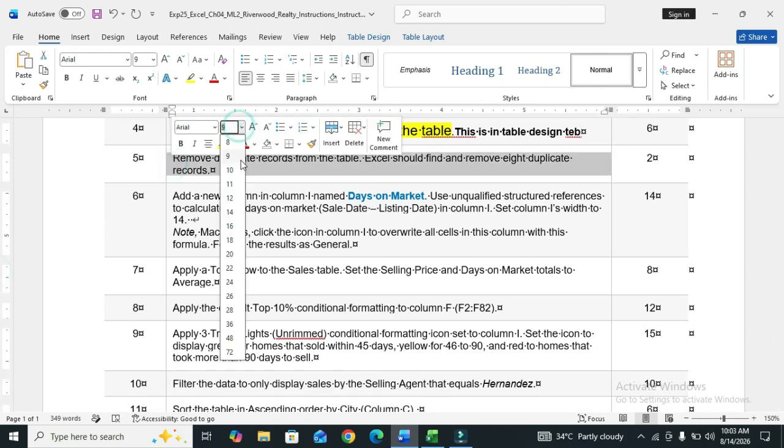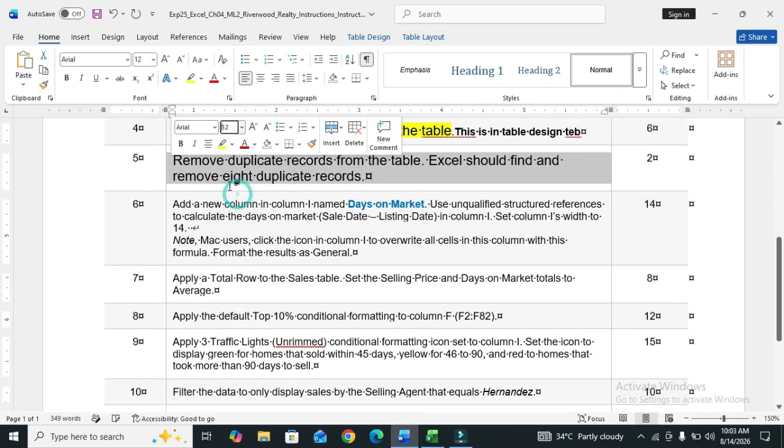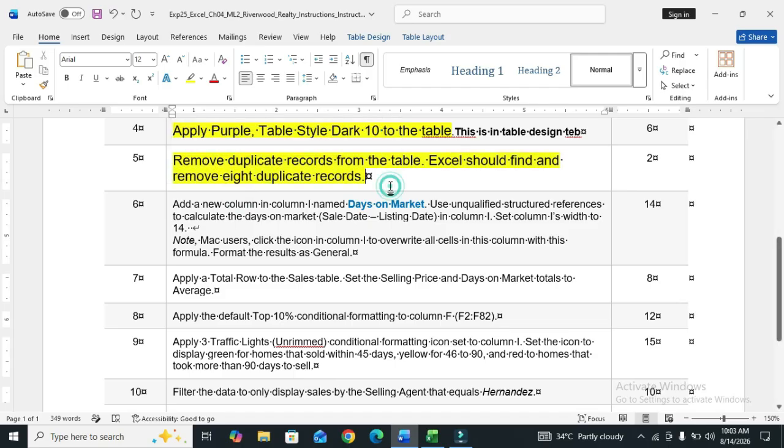So we move to step number 5. Step number 5 is: remove the duplicate records from the table. Excel should find and remove 8 duplicate records.